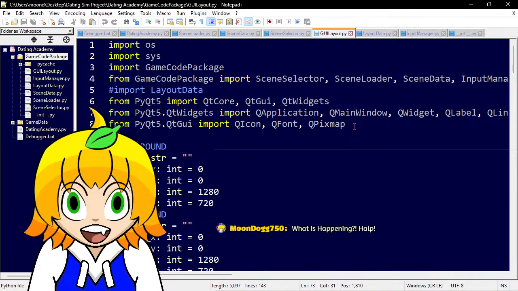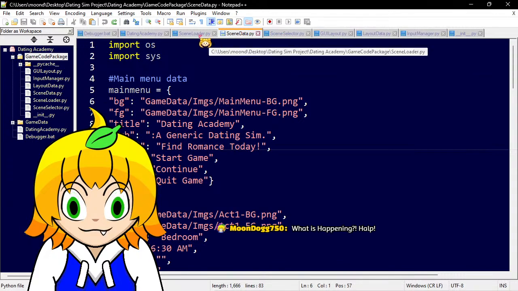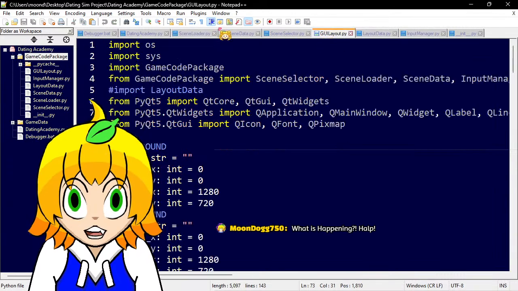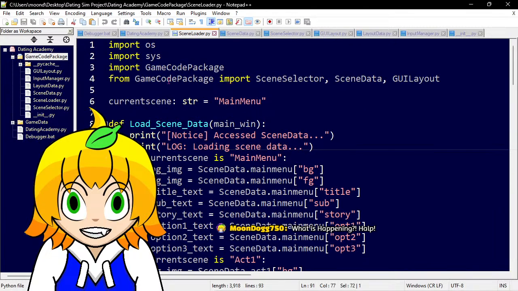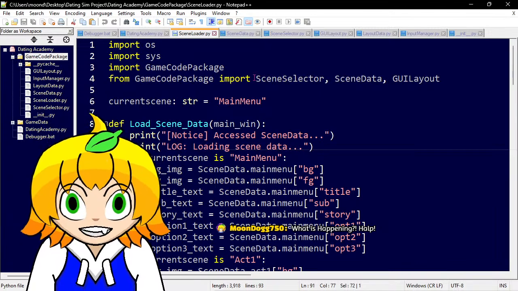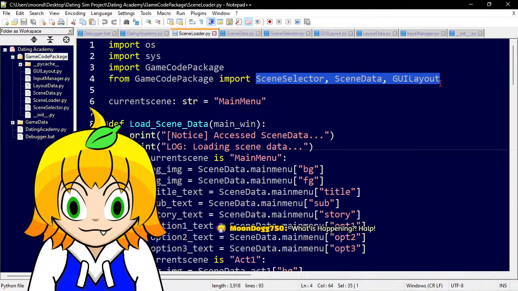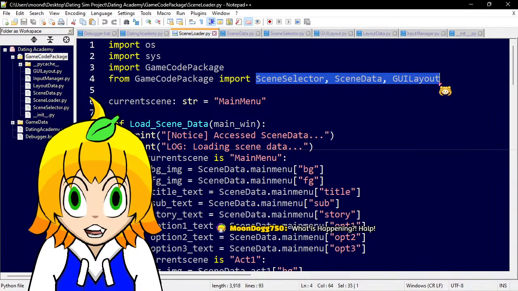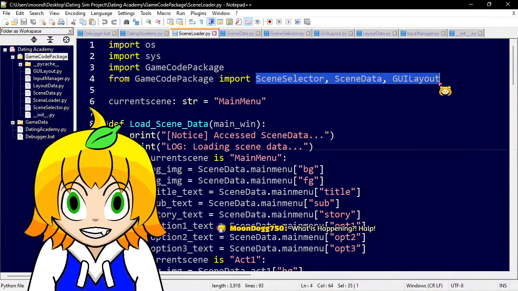The GUI layout, which, because some of these packages require others, I didn't show it in the scene loader, but it's there. Scene loader loads the import code data package, yada, yada, yada. These are the 3 modules that the scene loader interacts with in the game code package that I created.